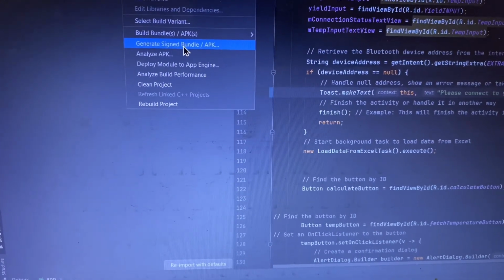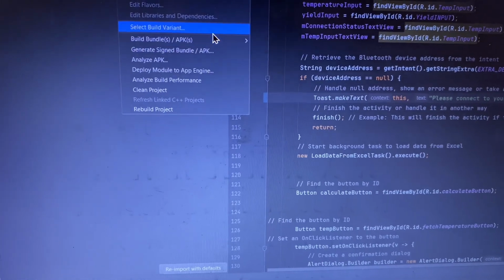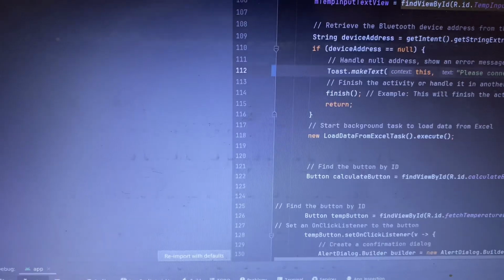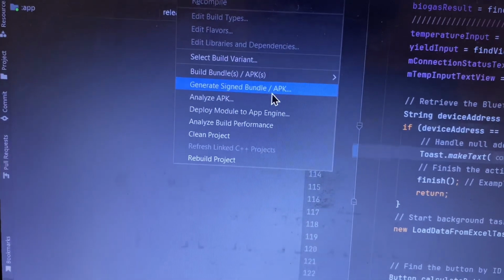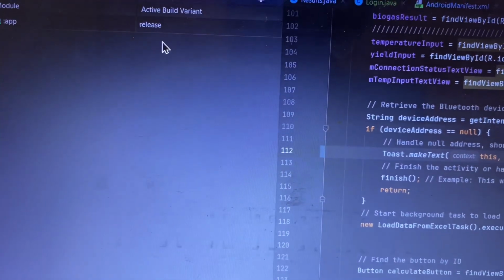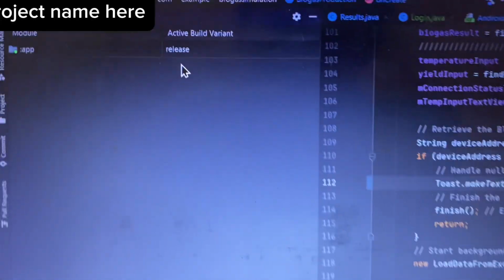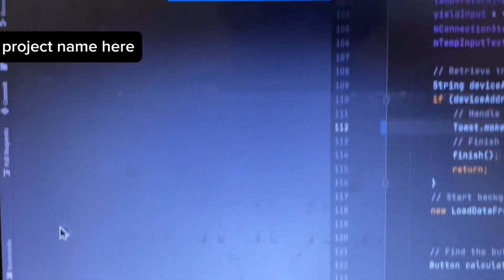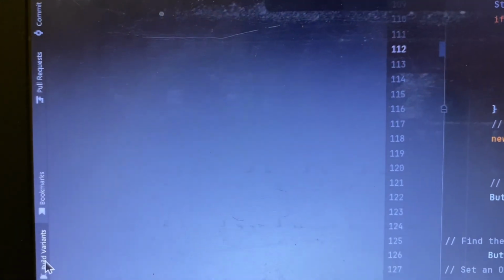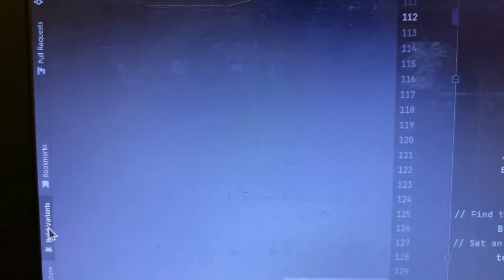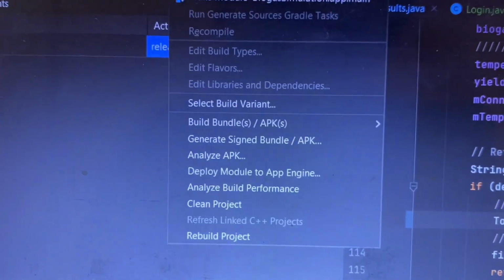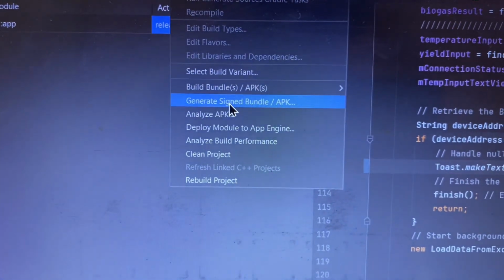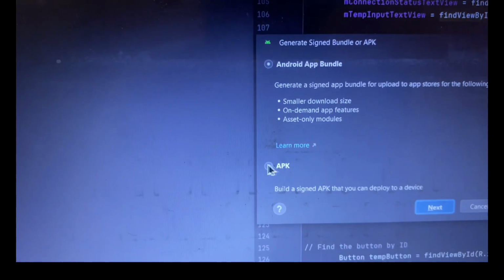So your Android app can be unsigned or signed. If you want to just build it, you will choose this one, but we want to have a signed bundle. So first go to build variant, and you can find it here, and then you will find release here, and then go to build, generate signed APK, and choose this one,